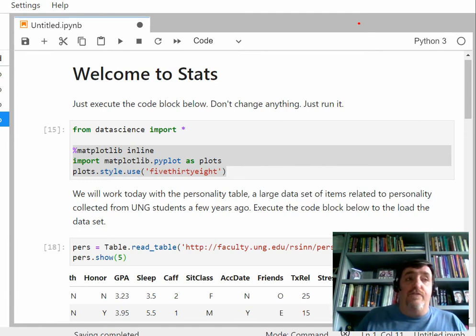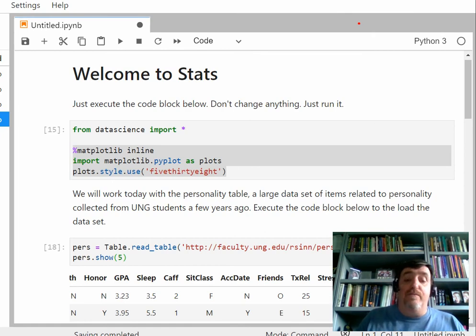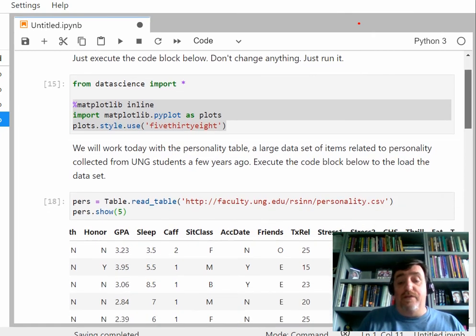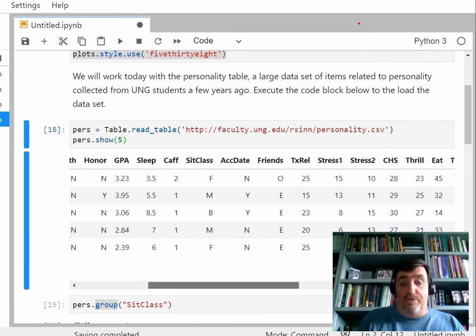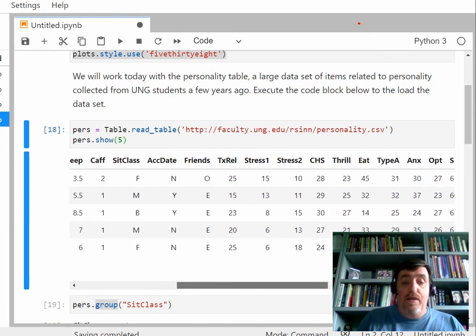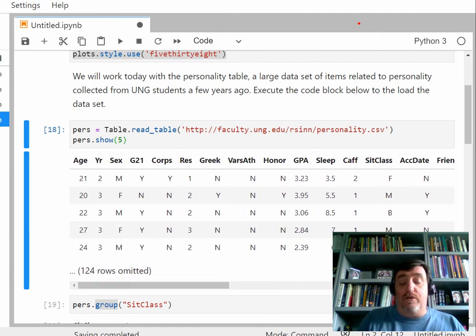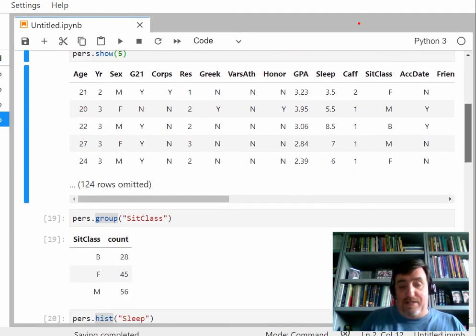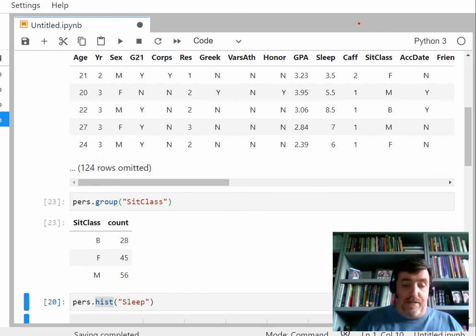And again, you're going to have to learn some kind of technology. Why Python? Python makes it really cool. I couldn't even look at a data table like this in a traditional stats class. Why? Because there's just no way that the software could handle this big a table. And again, you see how fast it does this. It does this in just seconds, right? It takes the sit class, and in split seconds, it's able to go through what we were saying was 130 different students, and it finds the right variable, and it finds all the different levels and counts up how many are in each level.